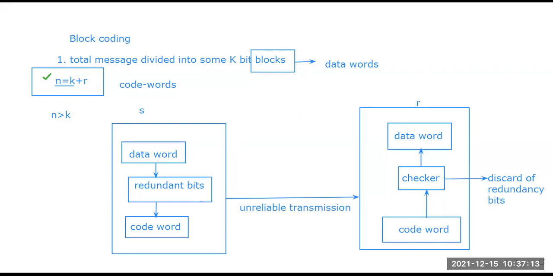So these two parts that I have drawn in a very simple way, that is the sender and the receiver side. The drawing is very simple, but we are going to check all the things, how the process works. It is not so easy. What are the redundant bits? How can we identify the redundant bits? What can the process be? How can we actually get and remove those redundancy bits? All of these things we need to know.